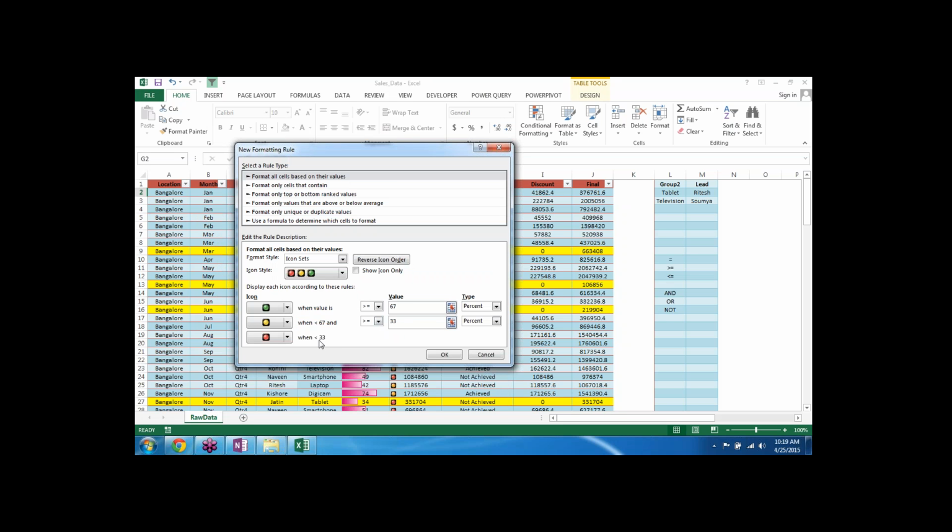So it says that if it is less than 33%, then it will be red. If it is between 33 and 67%, it will be amber, and more than 67%, it will be green. So this is how it happens. It automatically converts your data into a range and then formats it. So this is the logic behind putting those small LED dots in your data.